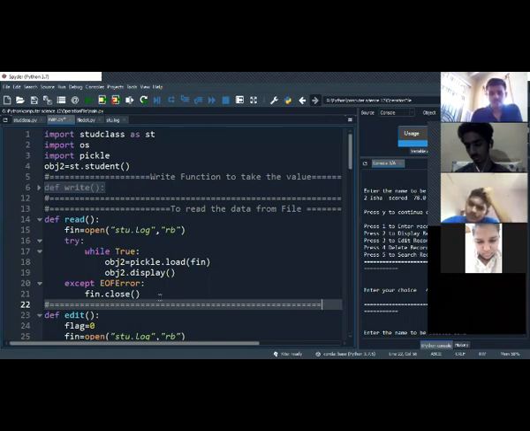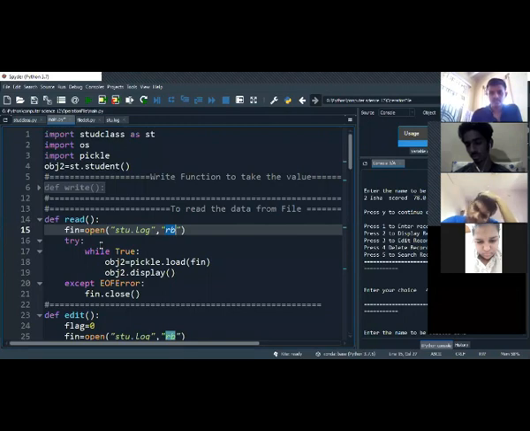See, in this one, I open in RB mode, read byte. Now I needed to use try and except. Why do I need to try? If it is not true, it should not try to load data from the file. First thing I did, I created one variable to take the data from the file.